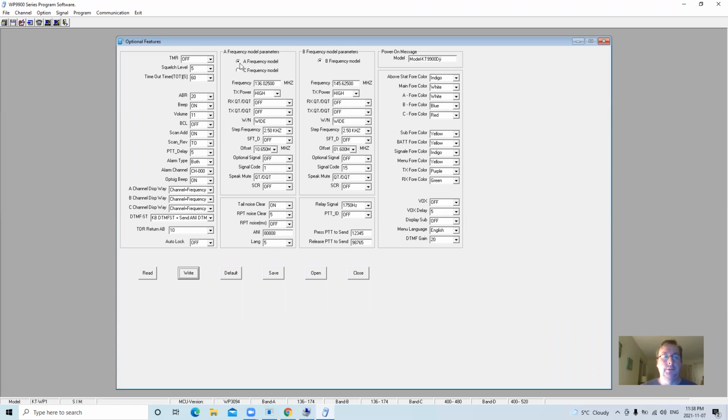And these frequency A, B, and C are the 3 channels that you can see there, listed in the order 1, 2, and 3. So I just programmed them in on here, but I also have them in the channels. It seems to match up the frequency with the channel, and it displays the channel name once you tell it to do that. You do it by default. The next thing is you may notice up here, which is the default radio model number. I changed that. My call sign, I changed these A, B, and C to